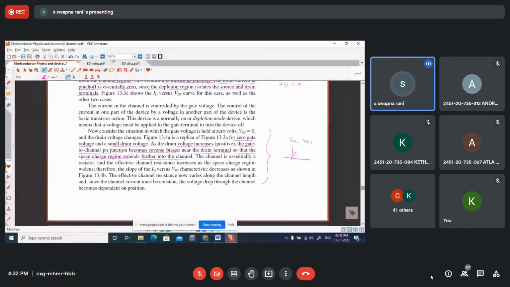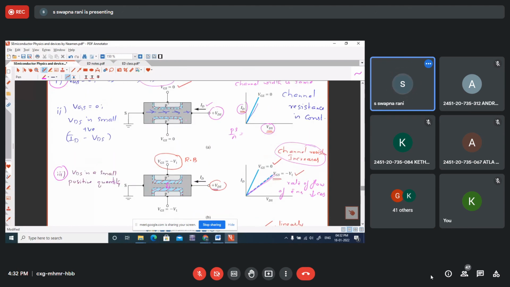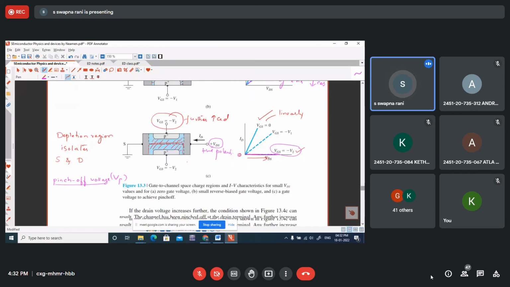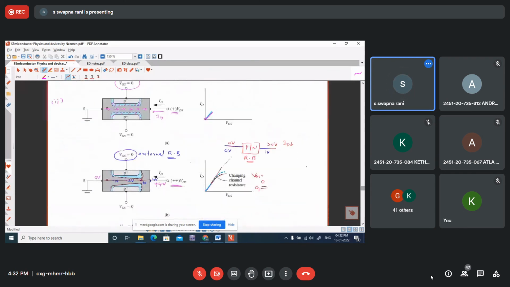So like that, you just write the sentence that when VDS is increased, the gate source junction becomes reverse biased. When VDS is increased, look here,